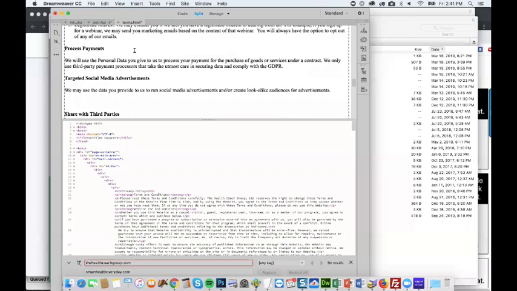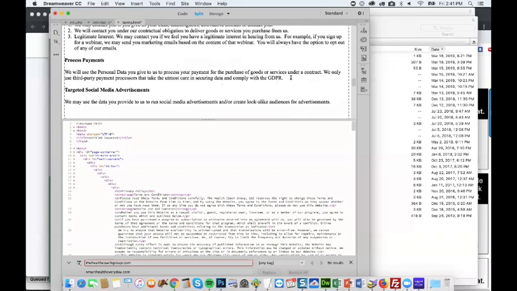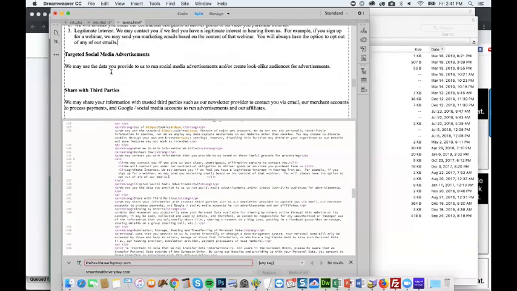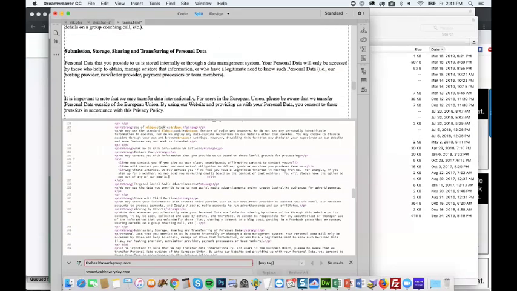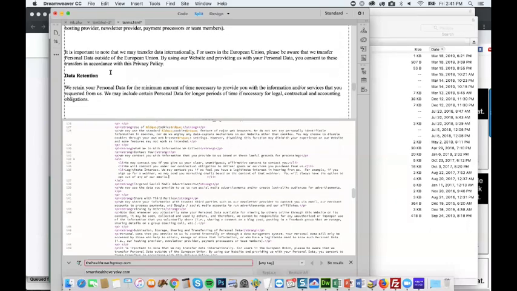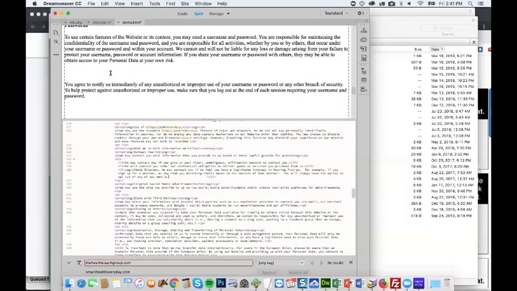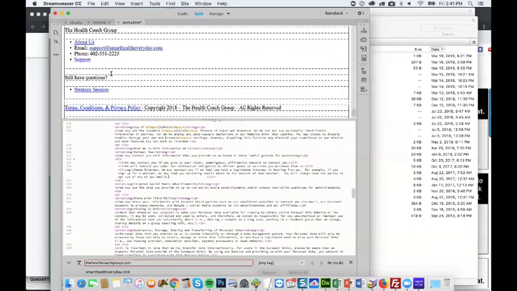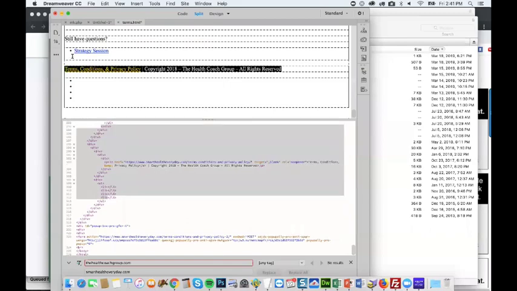Process payments. We're not processing payments. If it's something you know you're not doing, then take it out, because the offer itself is going to have its own privacy policy and terms. They're the ones actually collecting the money. All right, this looks good. Let's get rid of this stuff.